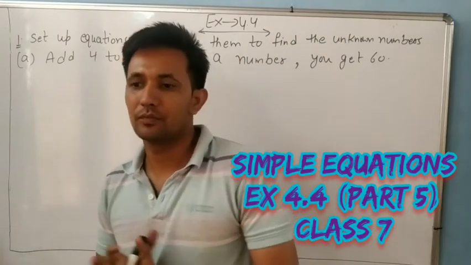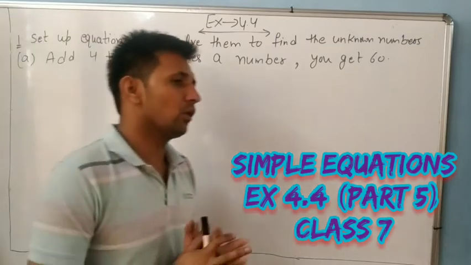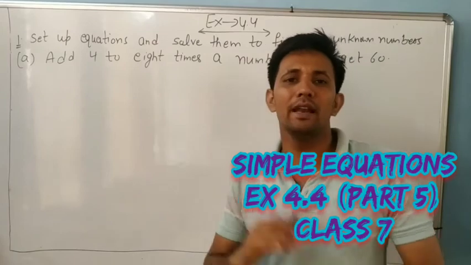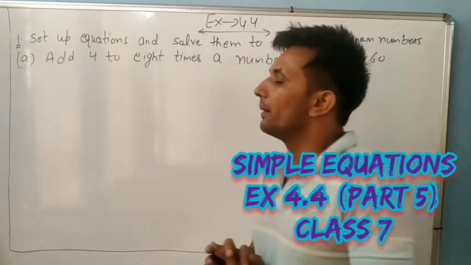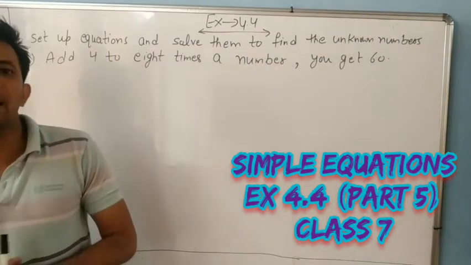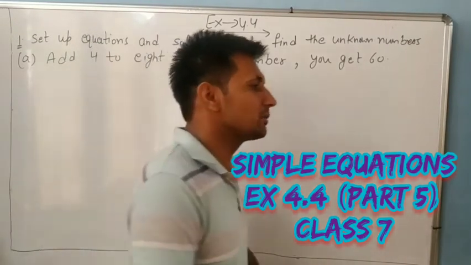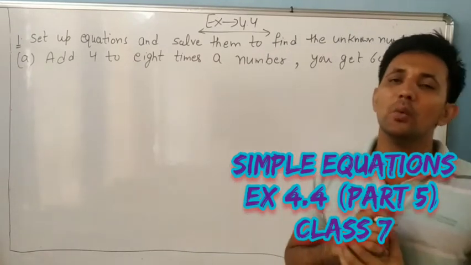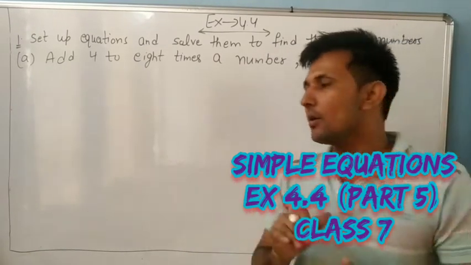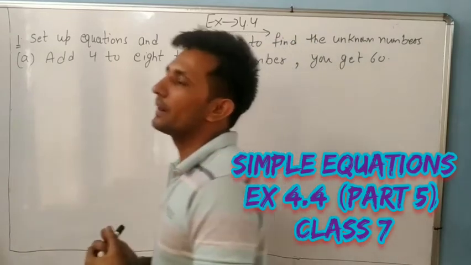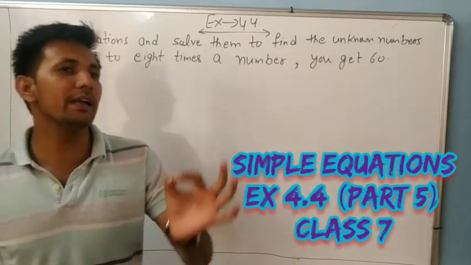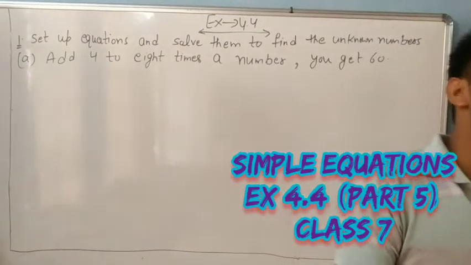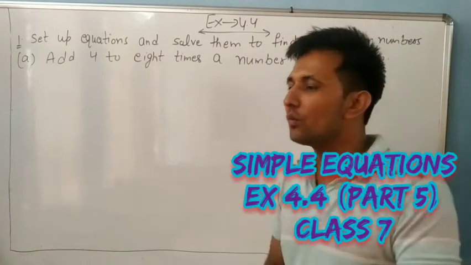In the last class, we have already discussed how to solve equations. By applying any operations. Operations mean we can add the same number on both sides, or subtract the same number on both sides, or multiply or divide both sides by a non-zero number. We can use any operation and find the value of the variable.